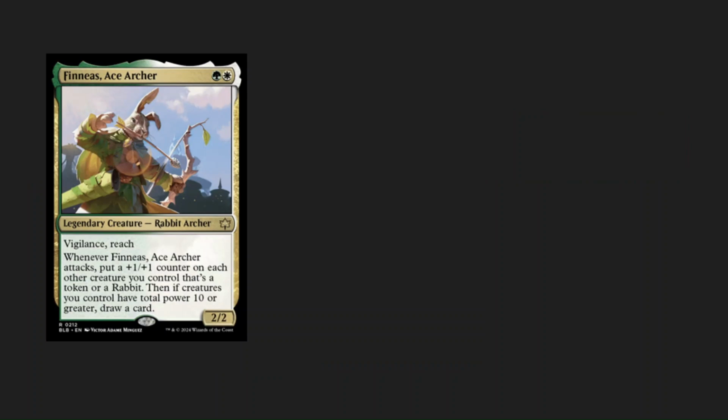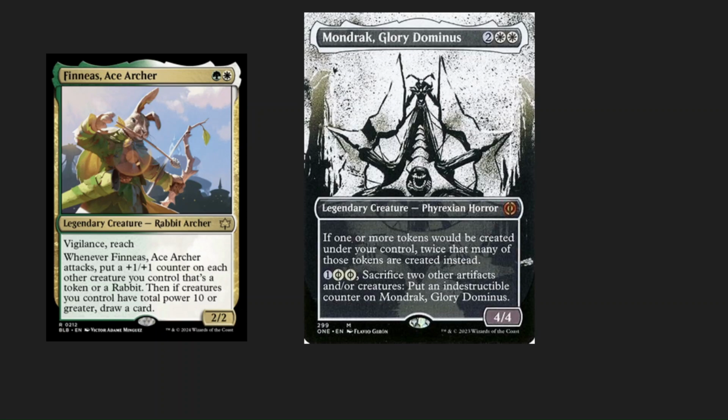That's funny. I don't think there's a Ferb card in this set, but either way, 2 mana Selesnya Rabbit. Vigilance, Reach. Whenever it attacks, put a +1/+1 counter on each other creature you control that's a token or a rabbit. So, token tribal or rabbit tribal. Pick your poison. Then, if creatures you control have total power 10 or greater, draw a card. So, what we're doing here is, yeah, you guessed it. We're doing tokens because I don't know how many rabbit cards there are in Magic, but I can promise you